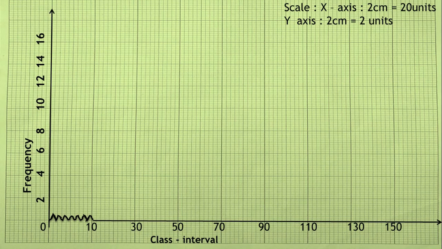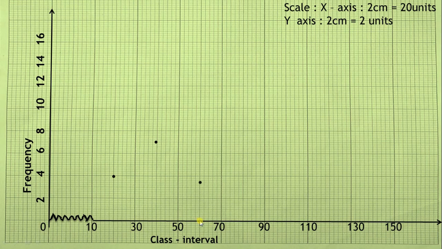Now, as we are doing without using histogram, we need to directly mark the midpoints. So 10 to 30, the frequency is given as 4. Between 10 and 30, the midpoint is 20 on the x-axis. Correspondingly, for this we need to mark the point here. It is 4. Between 30 to 50, midpoint will be 40. For this, frequency is given as 7. So correspondingly, I need to mark it here as 7.